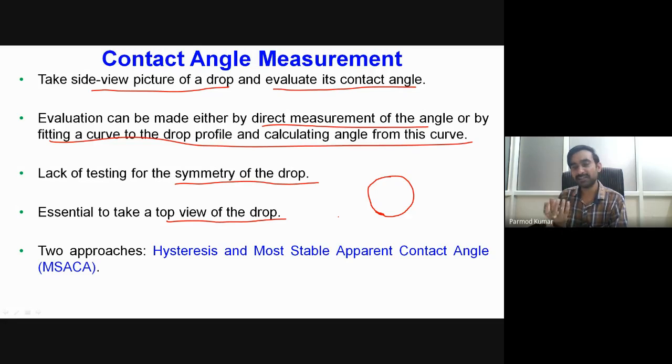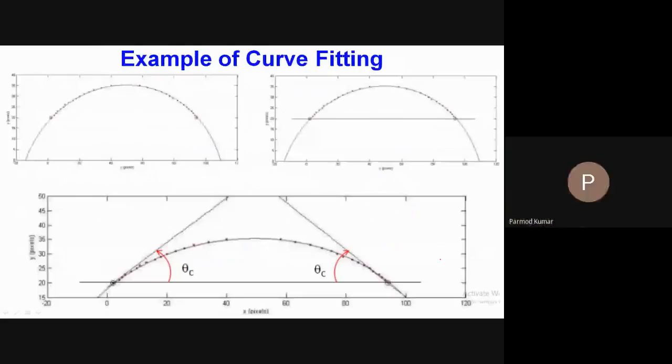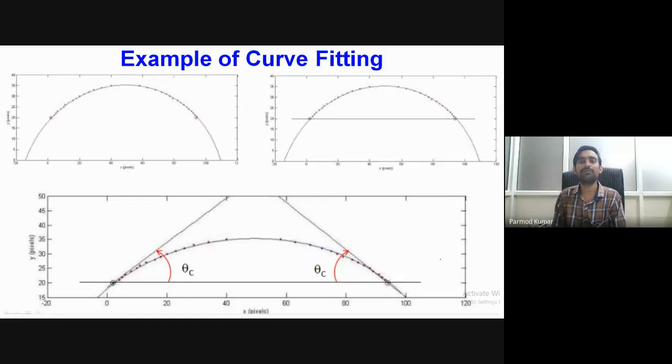So from that spectrum we have to select the correct value of the contact angle. For finding the correct value of the contact angle, we have two approaches. One is the hysteresis approach, and the second approach is called the most stable apparent contact angle. We will see these in subsequent slides,